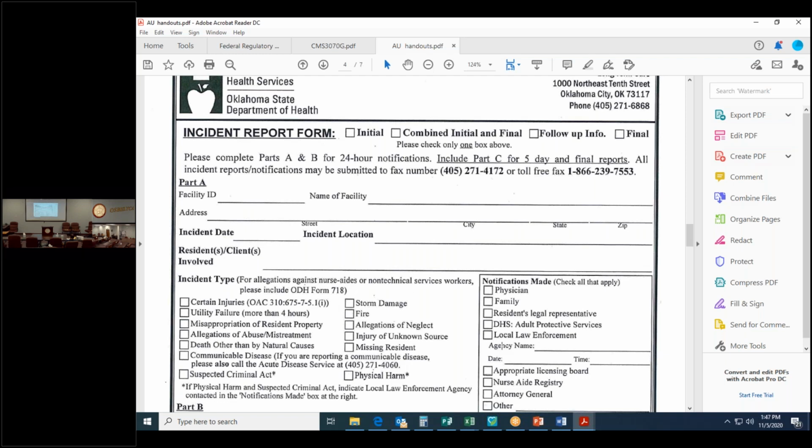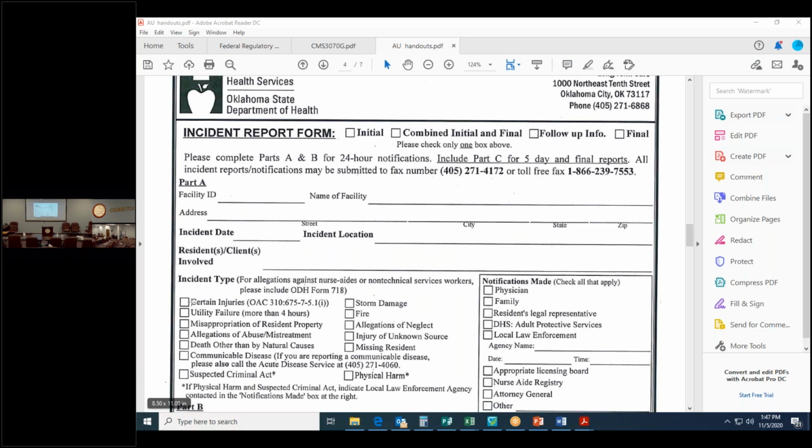Anytime there is an incident or injury that has taken place that needs to be reported, you have to fill out this information here. First of all, you're going to check one of these boxes: if it's the initial, combined, follow-up, or the final. You have to do this within 24 hours of the incident. And if this is not your final report and you have to do a follow-up, you have 5 days to get that in. So you're going to put the facility ID, the residents that were involved, and then what